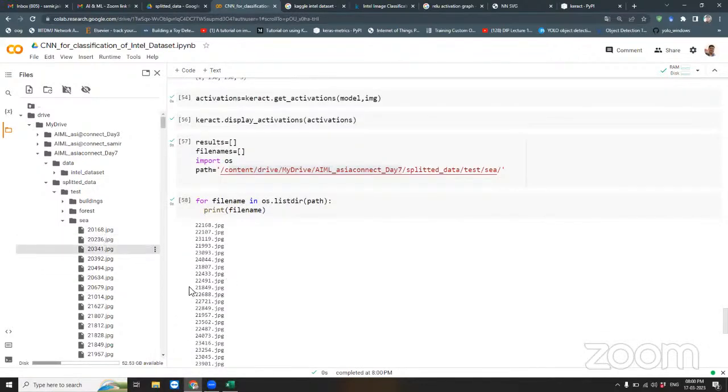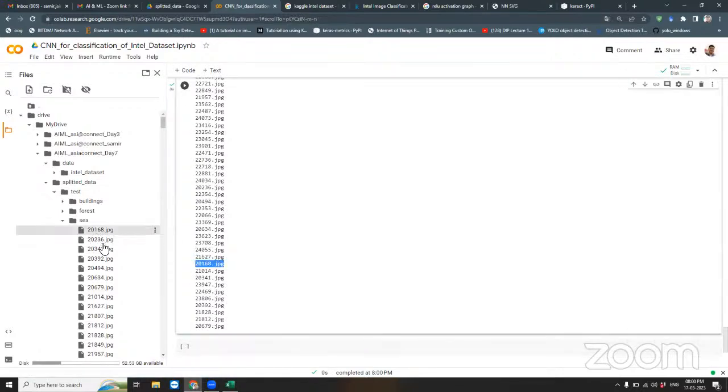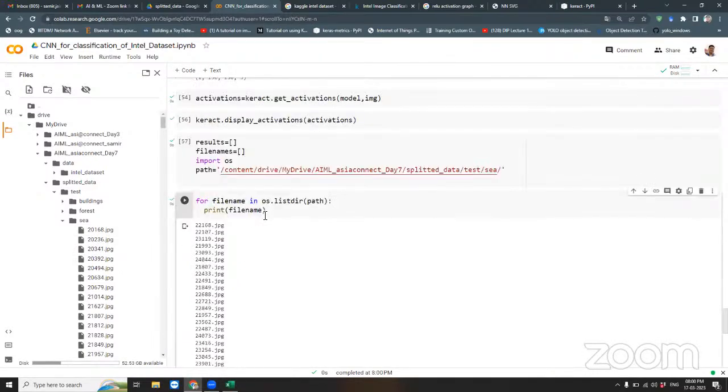So later on we will get 20168, 20236. There should be, it can be somewhere. Now with the help of this file name and the path, we will open the image. So img is equal to plt.imread